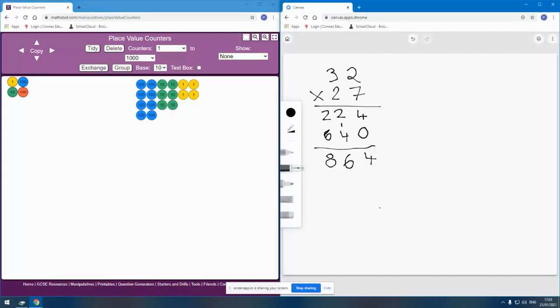So that's broadly speaking the mechanics behind the column multiplication algorithm, the long version, and how that works in terms of how we model that multiplication. Broadly speaking, it's a repeated addition, but there's a little bit of tweaking in there. There's a repeated addition with the 7, then there's a second one, but as part of that repeated addition, because I'm multiplying it by 20, there's a recognition, potentially at least,